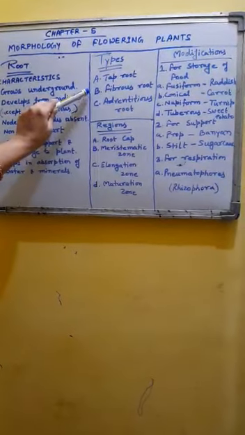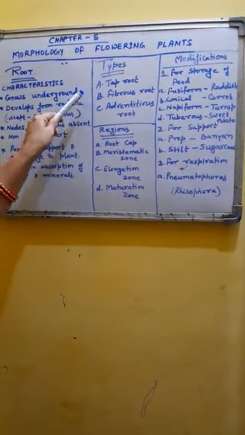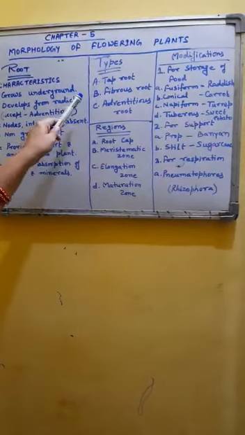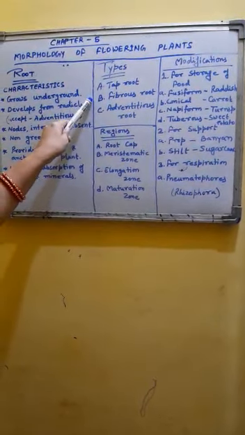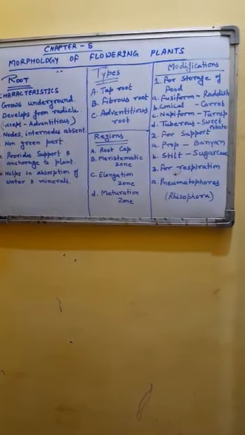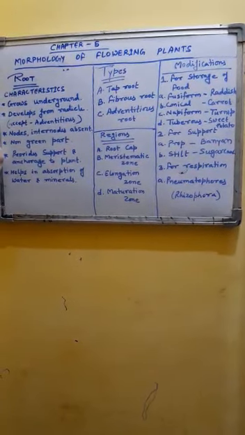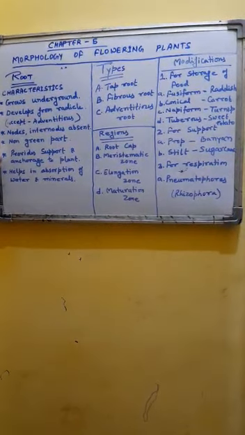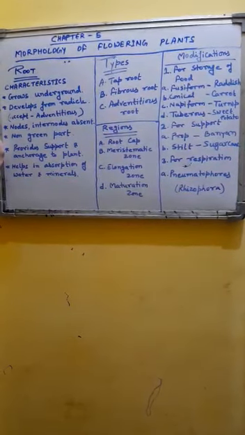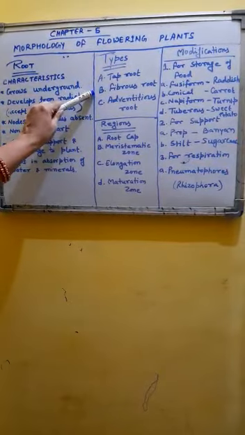In fibrous root, the radicle is short-lived and soon it is replaced by several similar branches. Those branches are more or less similar in thickness and in length, so we cannot find out any primary branch over there. It means that at the base of stem a bunch of root branches arises, making a fibrous structure where no branch can be identified as primary branch. So it is fibrous root.